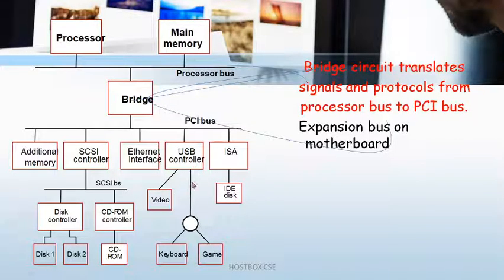We will discuss USB later. Anyhow, the video, keyboard, game devices, anything you want can be supported by USB here. And the SCSI controller, the disk controller and CD-ROM. Here the CD controller connects with the CD-ROM and the disk controller connects with the disk. The SCSI controller, disk controller and CD-ROM controller are connected with the help of the SCSI bus here, and the disk controller and CD-ROM connect with disk 1, disk 2, CD-ROM like that. In the upcoming slides we will see the details. Then we'll come back to this diagram.